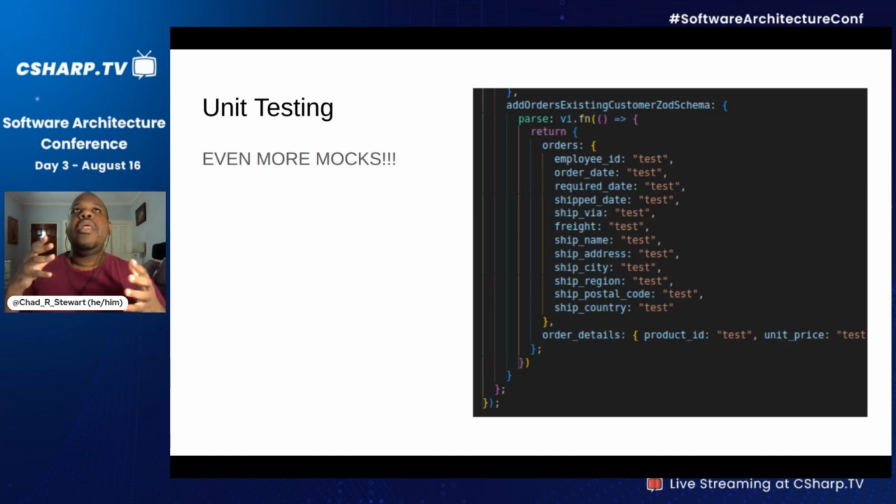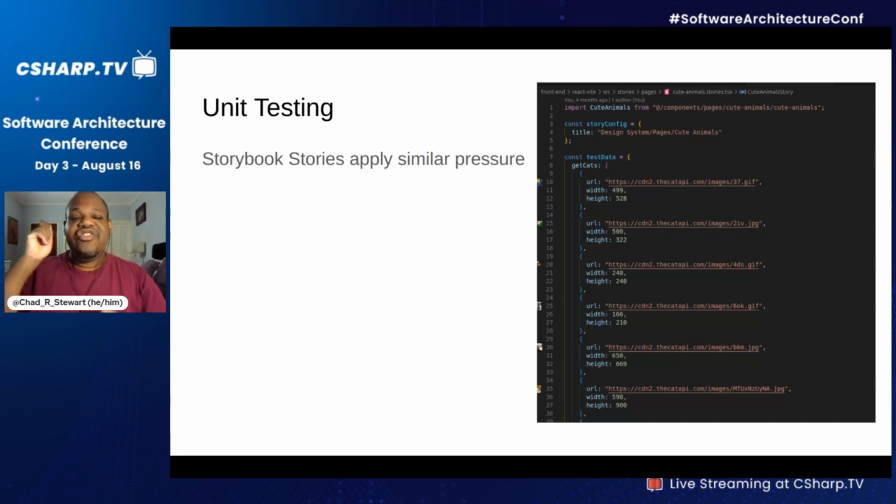The feedback that this test was giving me was that maybe there were too many dependencies. Maybe you can do something about your design to reduce the amount of dependencies, right? Now, that feedback, you don't necessarily need to act on it. But the most important thing is that you recognize that you're getting it, right? And then interestingly enough, Storybook stories apply the same type of pressure, right? Like I just told a story about